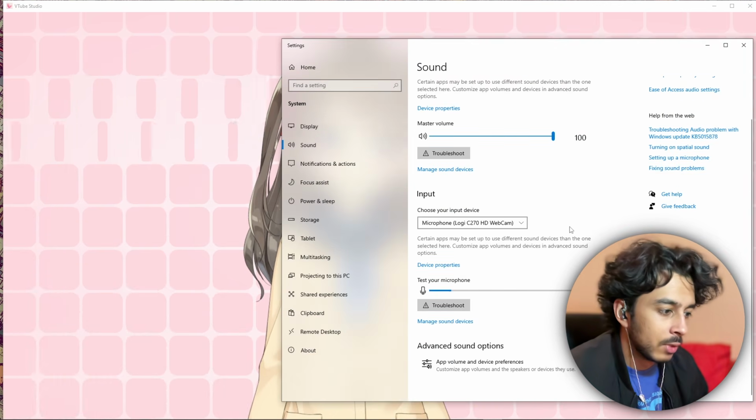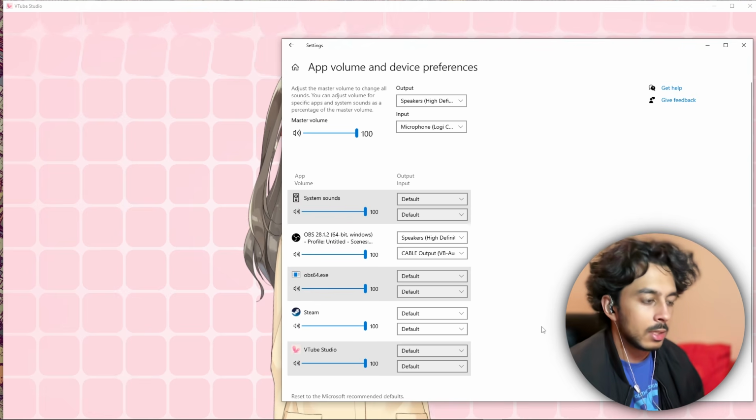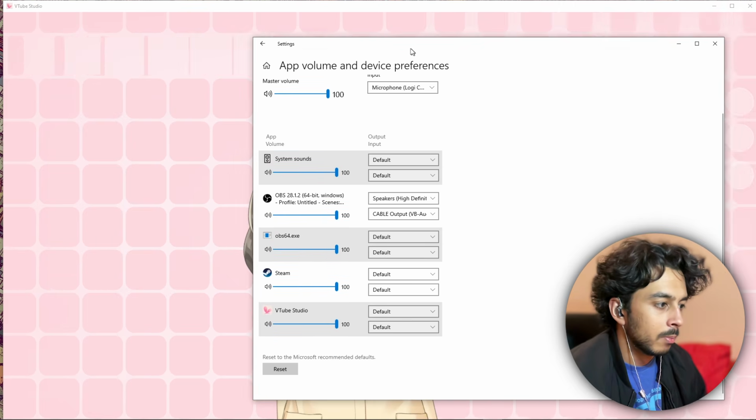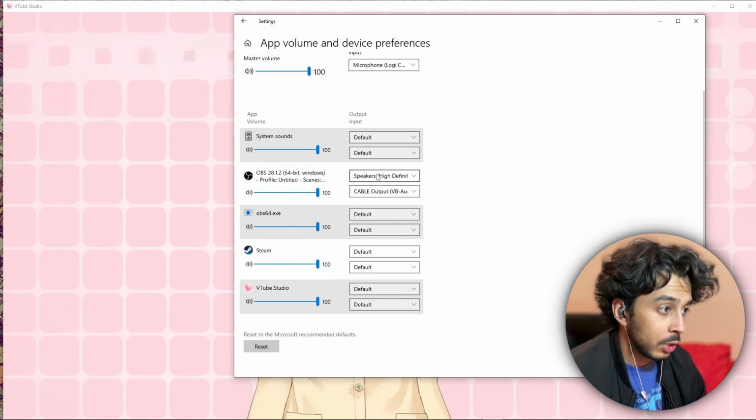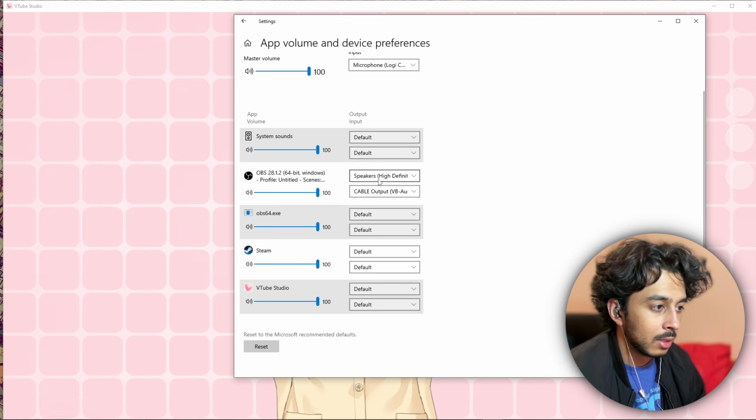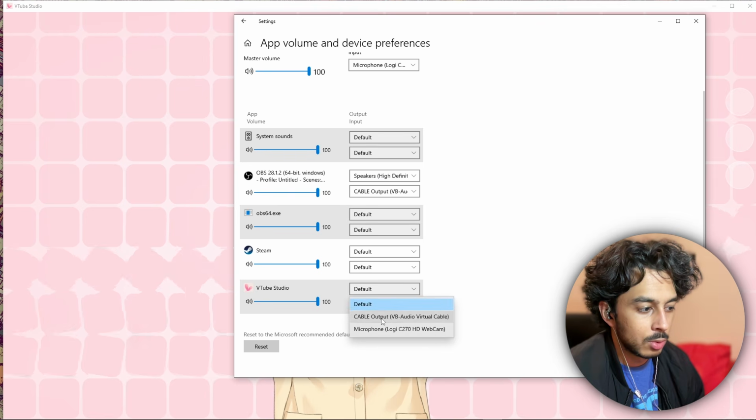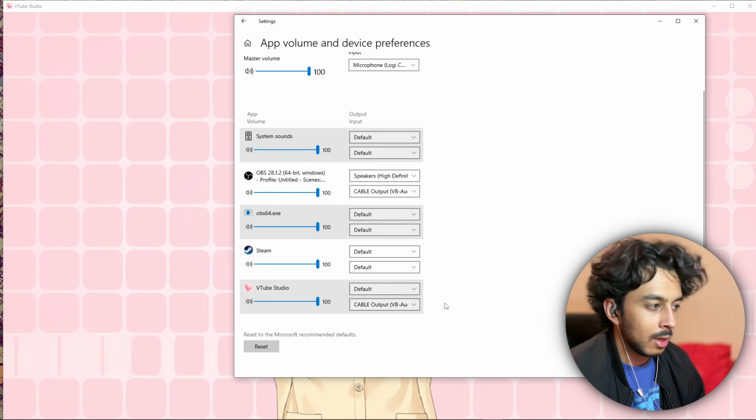And this is kind of the most confusing part. So you want to click on this, and then for your OBS, you're going to want to put the input to cable, the output to speakers. For your VTube Studio, you're going to want to put the input to cable output. And then